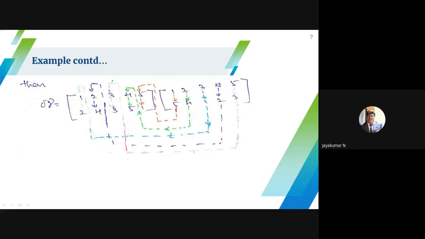Then the image of 4 in gamma is 2, so the image of 2 in sigma is 4. Finally, 4 maps onto 4. Similarly, the image of 5 in gamma is 3, so the image of 3 in sigma is 3. Finally, 5 maps onto 3. So finally I have 1 maps onto 1, 2 maps onto 5, 3 maps onto 2, 4 maps onto 4, 5 maps onto 3. Okay, so this is one way. The other way,